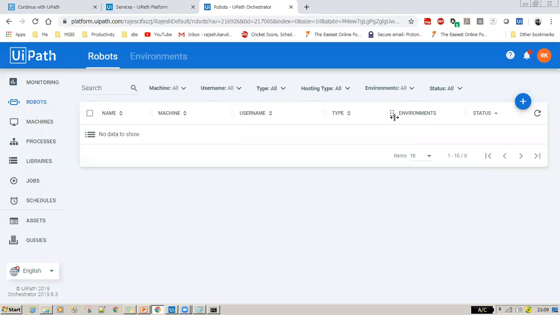Say today your bot might have run on machine A. It is not necessarily the case that it has to run on machine A itself. Tomorrow it might run on B, because if B is busy tomorrow, what is the next VM in that particular group? So it gets allocated dynamically.